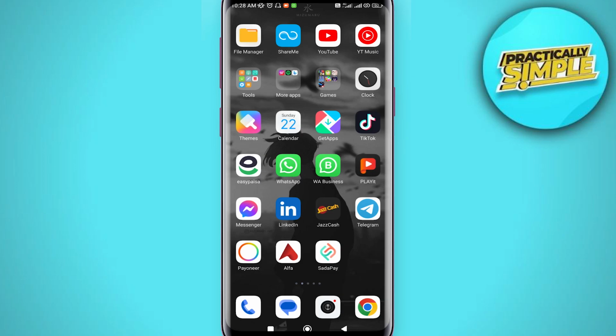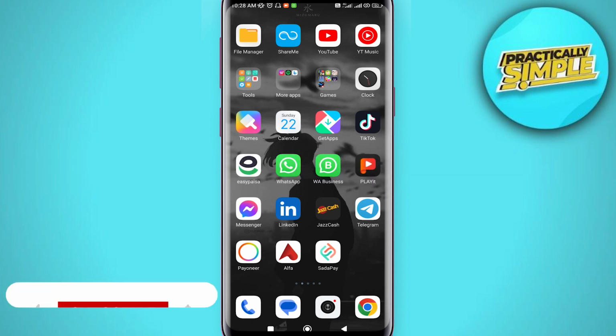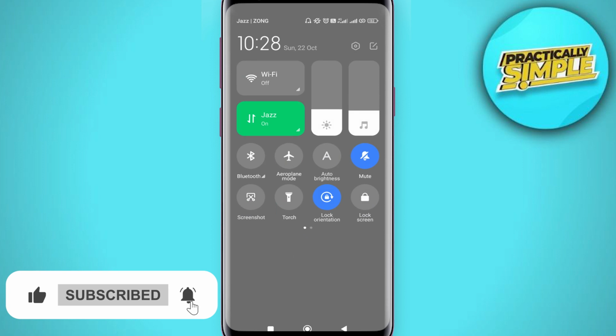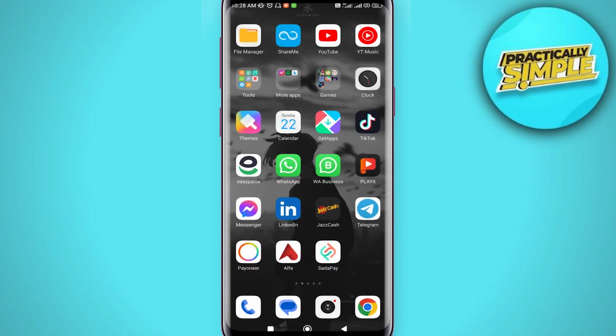In today's video, I'm going to show you how you can get dark mode on Snapchat in Android. So in Android, they have the dark mode feature, like in the new Androids like Samsung etc. You have a dark mode feature in your status or notifications bar. But even with turning that on, if you don't get dark mode, then what you can do is you are